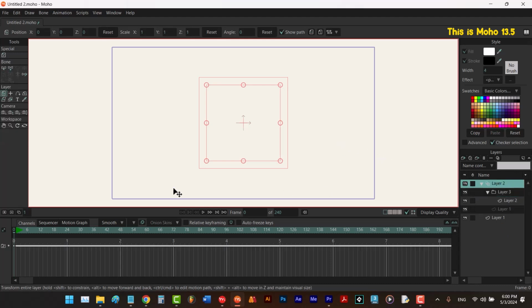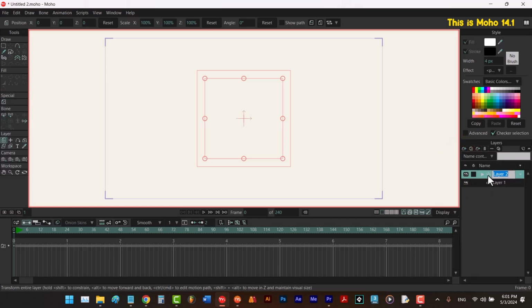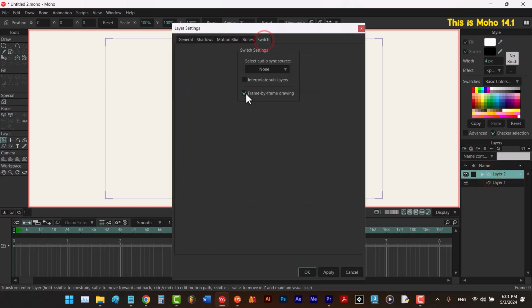and then you click on your frame by frame layer and go to the frame that it's using. And now if I click on this button, delete frame, it'll crash. And the same problem can happen in Moho 14 as well. Here, if I create a frame by frame layer and let me make its child layers visible,